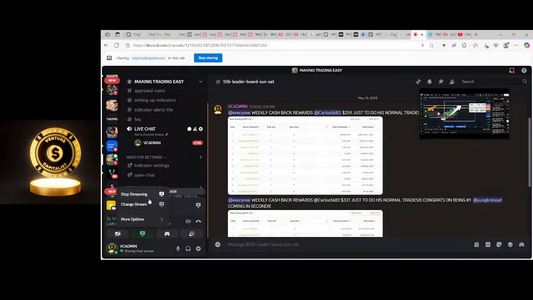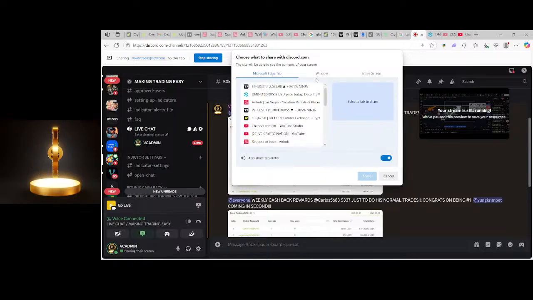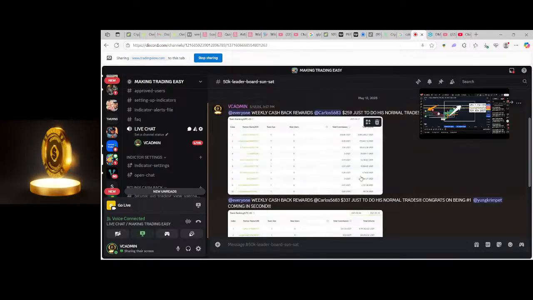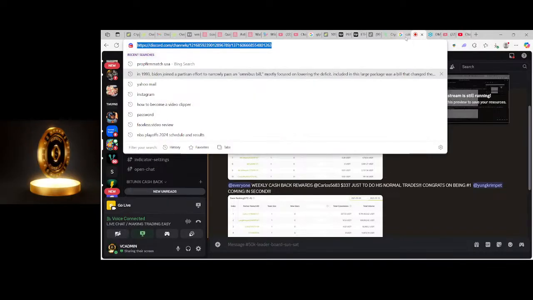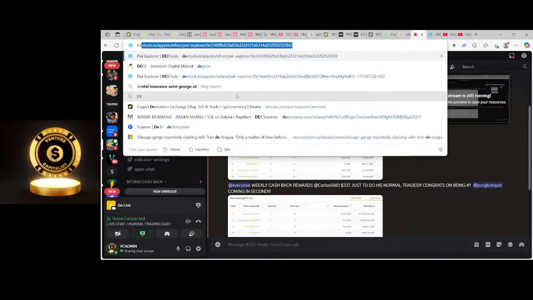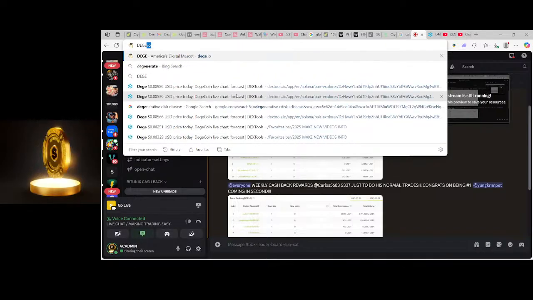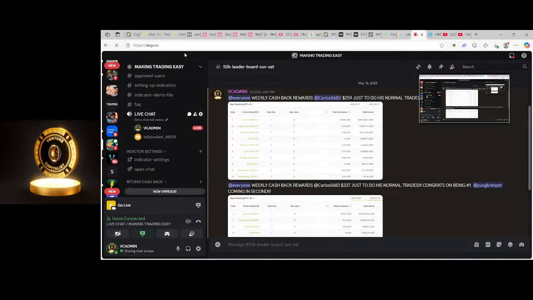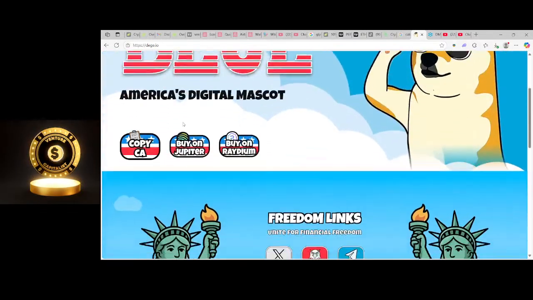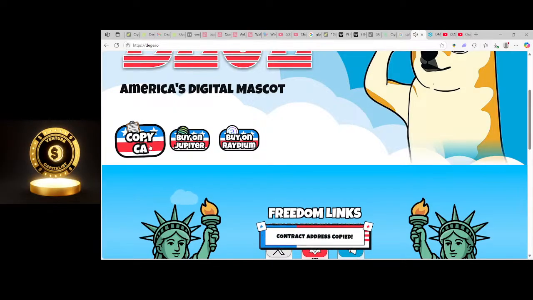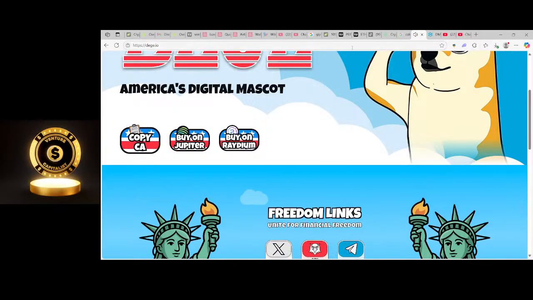change the screen. Change stream. Do window. There we go. All right, so now everyone's seeing. So you head over to the coin itself, which was Degen coin, right? We head over there, and then you're gonna see this coin pulls up, and what you want is the address. Copy the address, and then from there